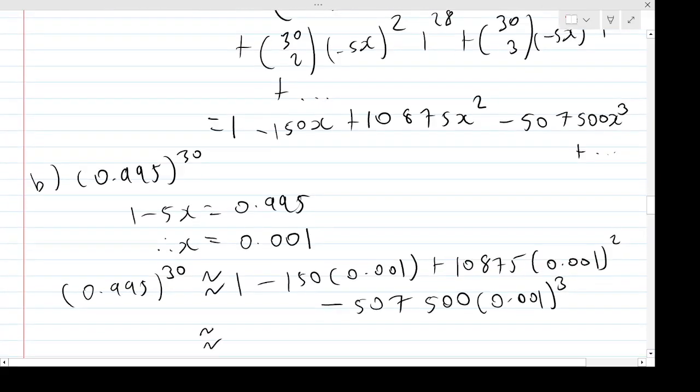And then put all that in a calculator. We get this